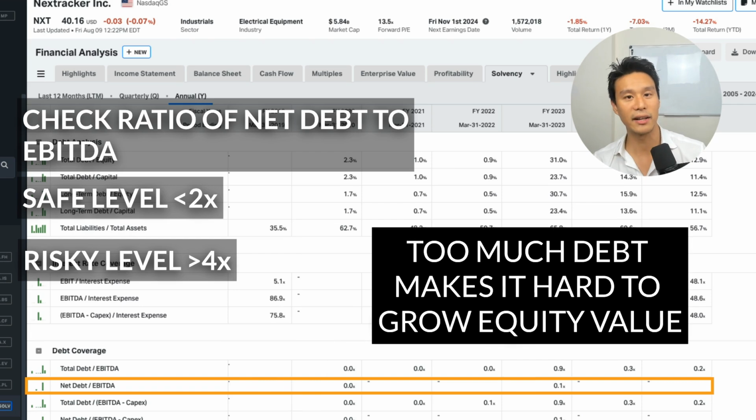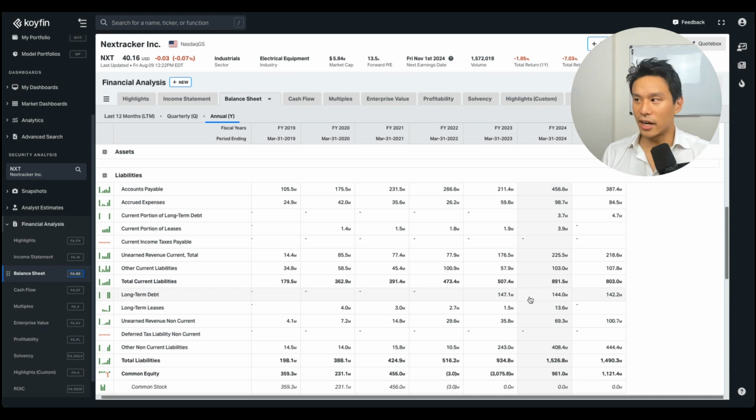So that just fundamentally makes it very hard for the equity value of the company to grow. Now, when I look at Nextracker, I can see that they have a very low debt to EBITDA ratio. So I don't have to worry much about the financial risk. When I'm looking at the balance sheet, I also want to check to make sure I understand where the money